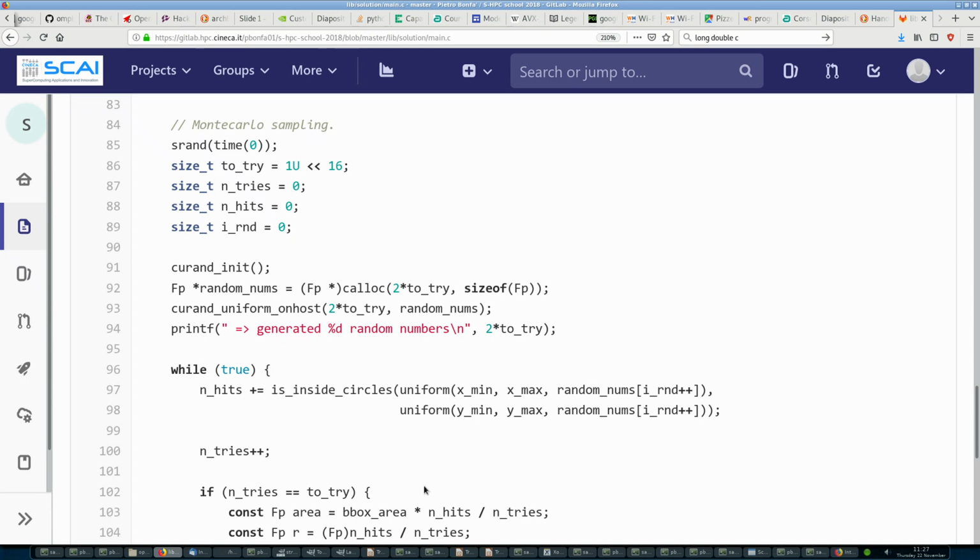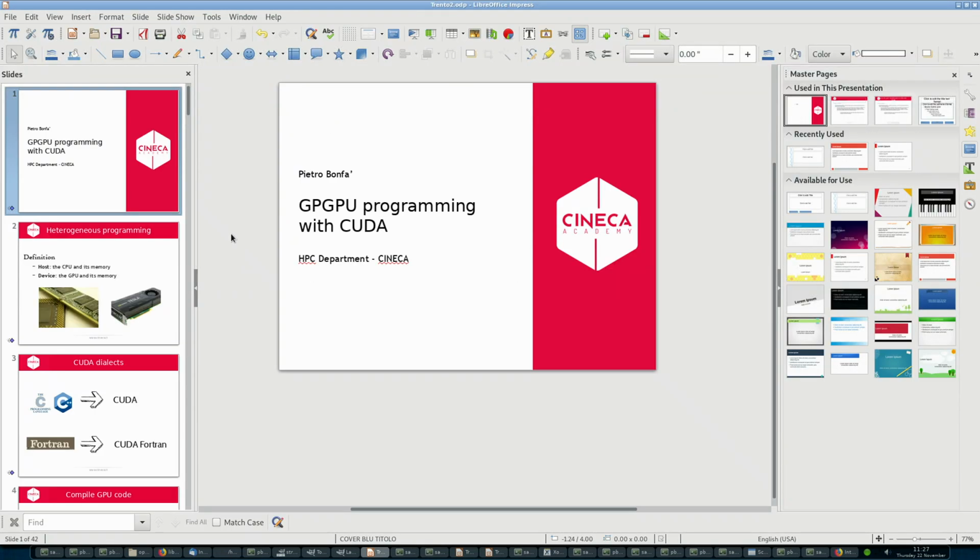So our task now is to move to the next topic. How do we move the computation onto the GPU? And to do this,